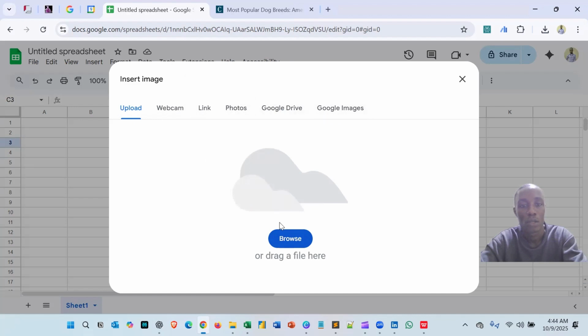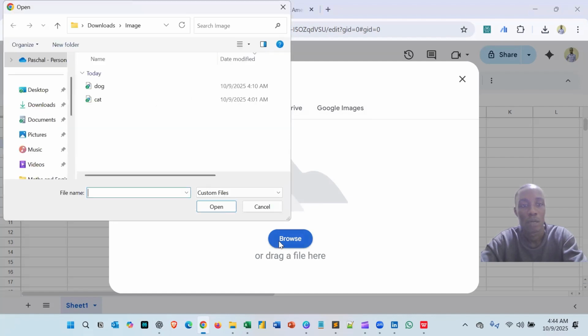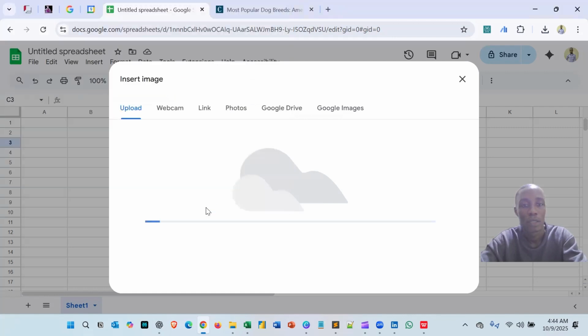Okay, so let me use the upload option since the file that I have is in my computer. So I will select this browse, and remember we are using the in-cell. Let me select the doc, for example, and